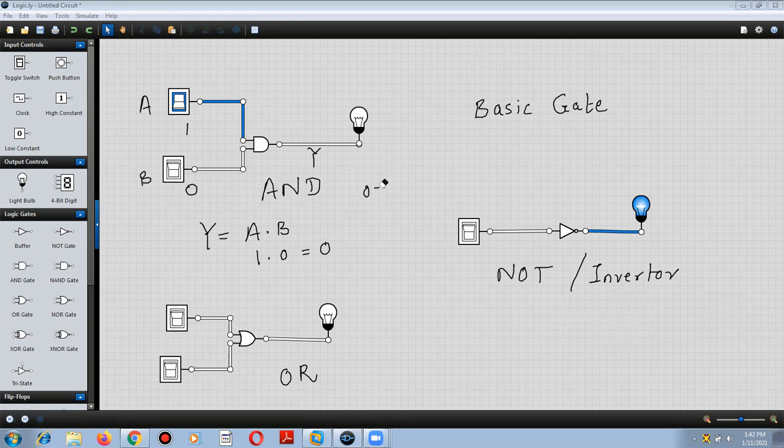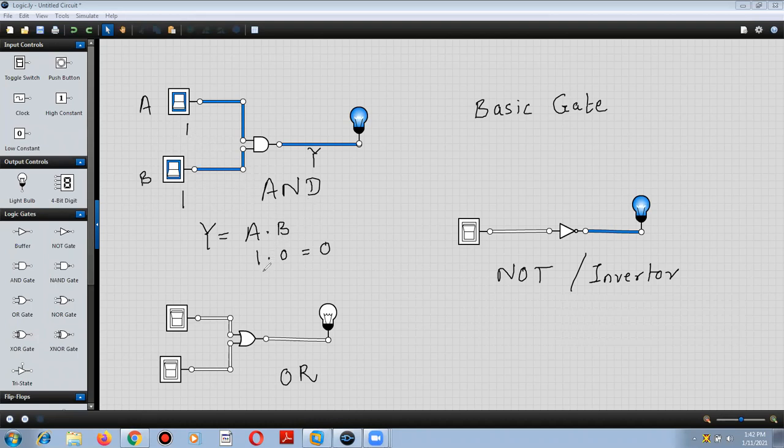Now we'll see the next case. I will turn the B switch also on. Now my B switch is on and we can see that the bulb is on over here. The input over here is again logic 1. Now here A is also 1 and B is also equal to 1.